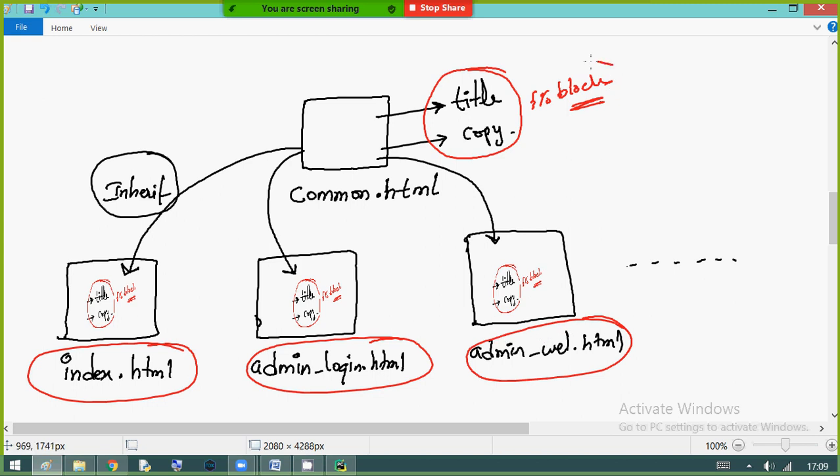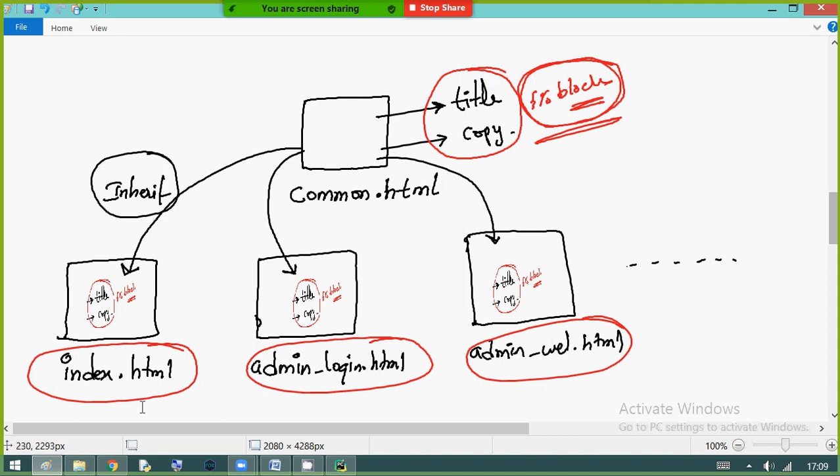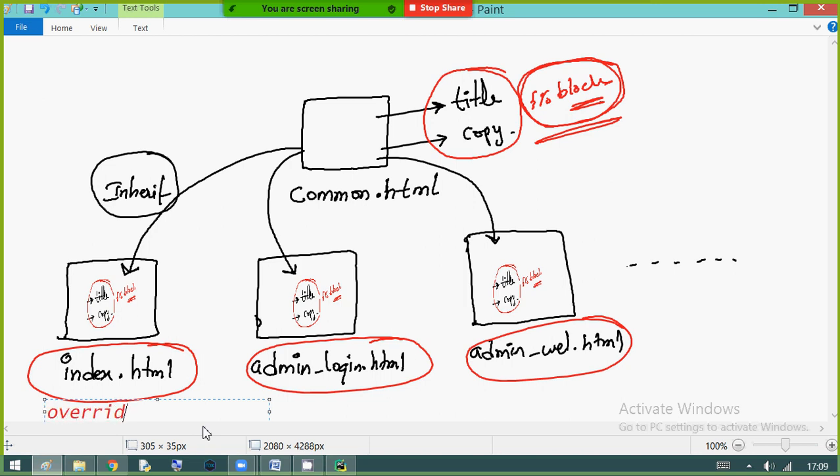For that, we are going to use this block tag. This block tag, we are going to override in the sub HTML pages. Why are you overriding? To write your own content.